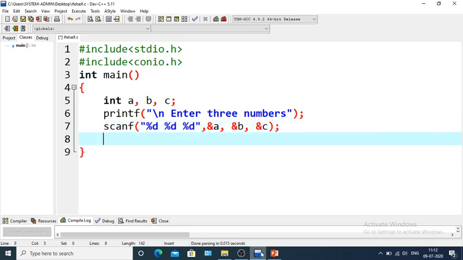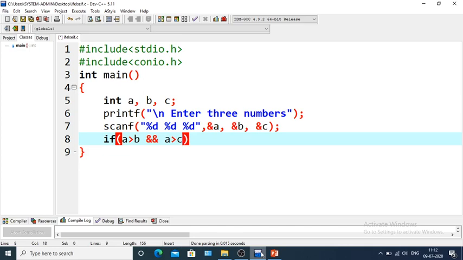Now we have to check which is the largest of the three numbers. Okay. So we will now only use the if-else condition. So if a is greater than b and a is greater than c.